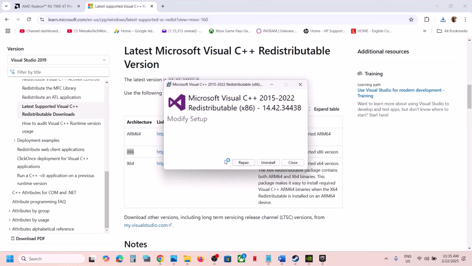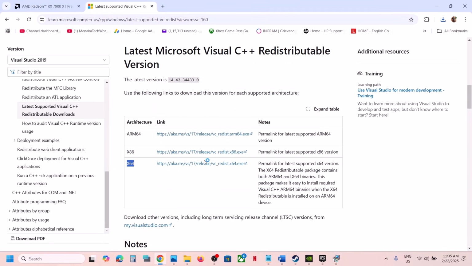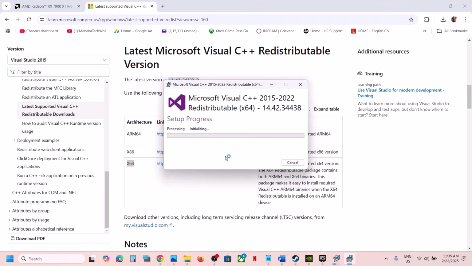Now if you see the repair option, click on repair. If you see the install button, click on install, click on yes to allow. Download this x64 file as well. Now again run this exe file. If you see the repair option, click on repair. If you see the install button, click on install and then click on yes to allow